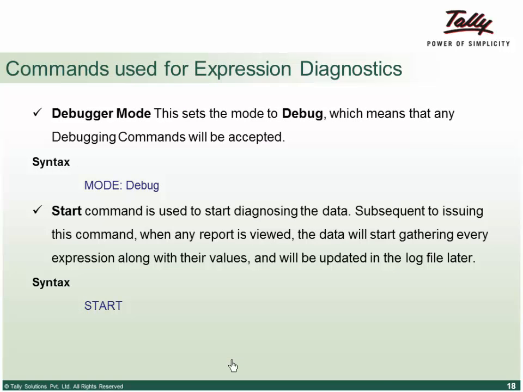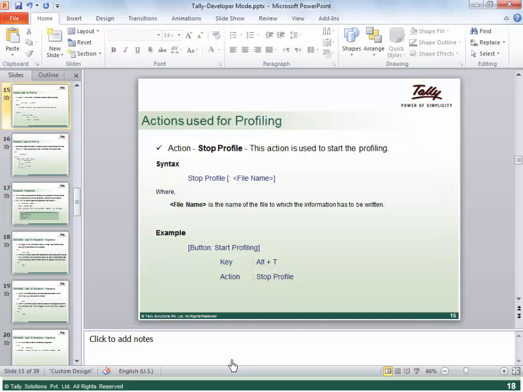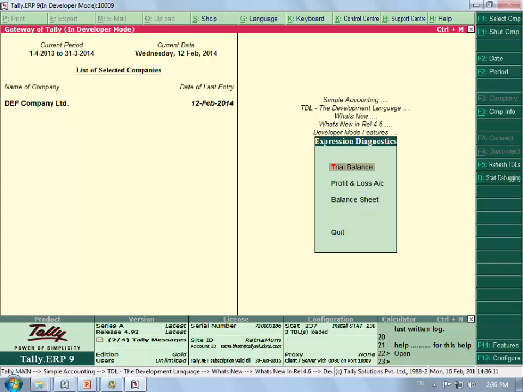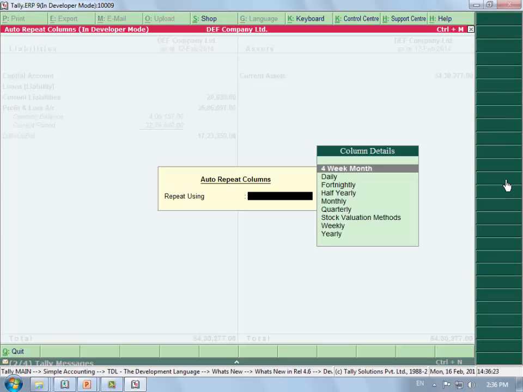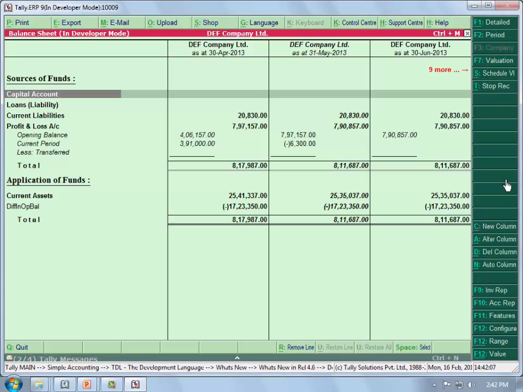Let me just show you the one which we have. So we have here, say start debugging, balance sheet, Alt N, monthly, and the report is out.